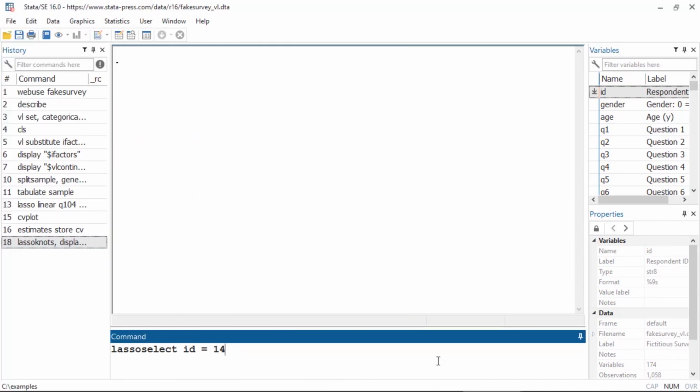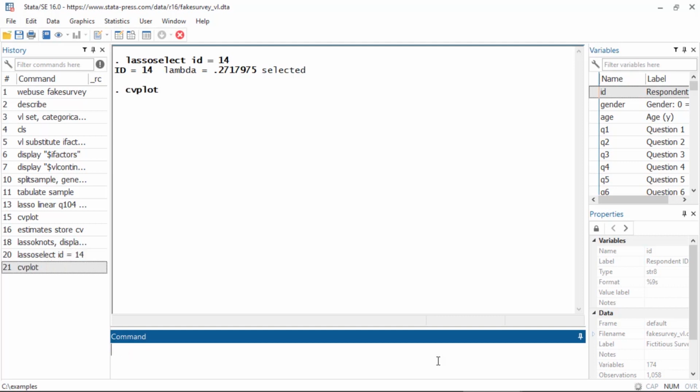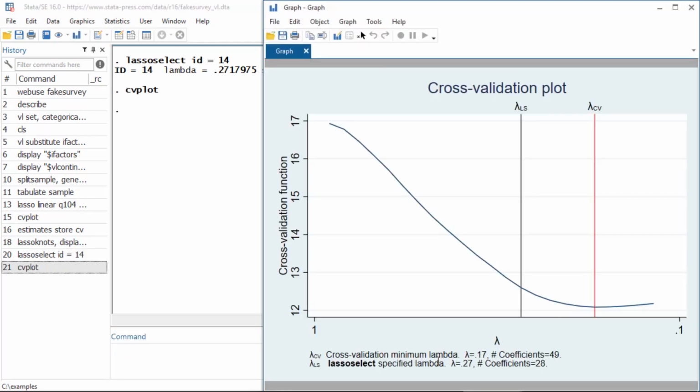You can type lassoselect id = 14 to select model 14, and then you can view a cross-validation plot by typing cvplot. This plot shows that the cross-validation function is slightly higher for model 14 with a value of lambda equals 0.27. But model 14 is more parsimonious with only 28 coefficients rather than 49 coefficients when lambda equals 0.17.